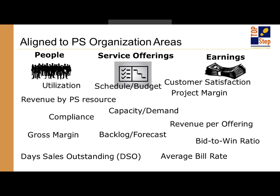So with all those different metrics, and that's just a sampling, there's many, many more metrics out there. And I'll give you some sources at the end of this webinar to look into to find out some other metrics that may be useful for you, like utilization, for example. But if I take these metrics,